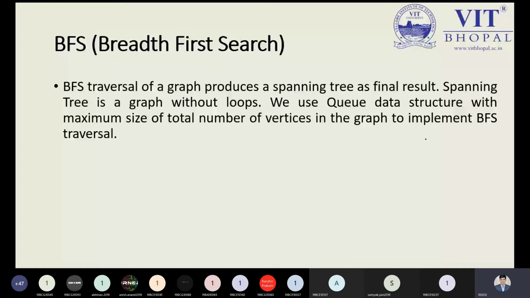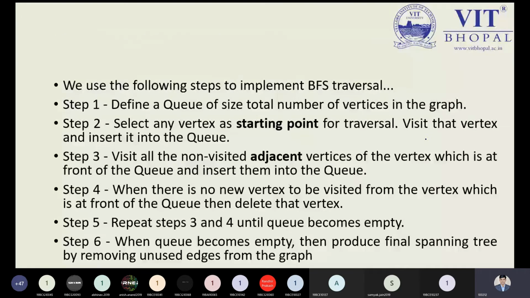And the size of the queue will depend on the total number of nodes or vertices. And without wasting much time, I'm just coming to this algorithm. The same algorithm we have, but with a little bit of difference: rather than putting the stack concept, we need to put the queue concept over here. And in the queue we are familiar with various operations, those are the enqueue operation and dequeue operation. In the enqueue operation we need to insert an element, and the dequeue operation is used to remove an element from the queue itself.